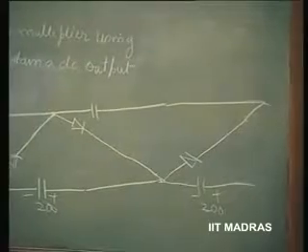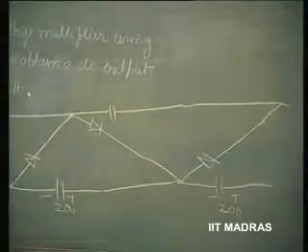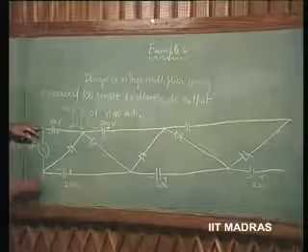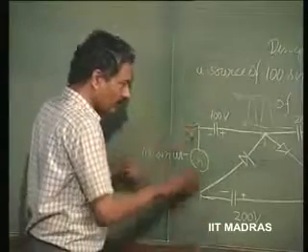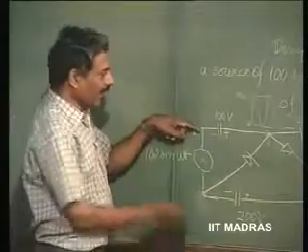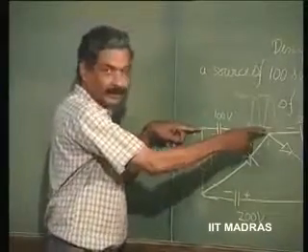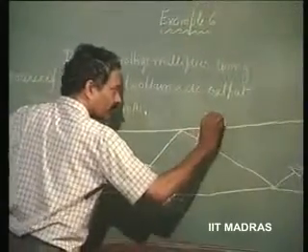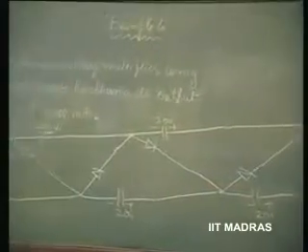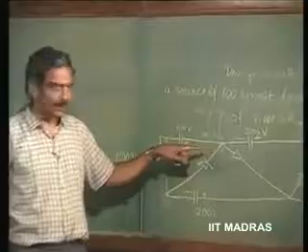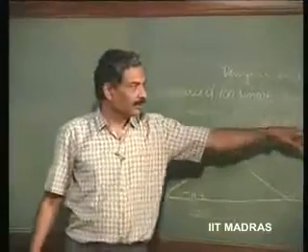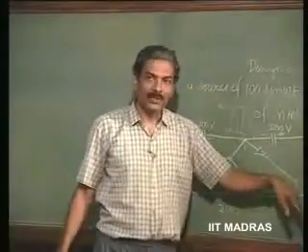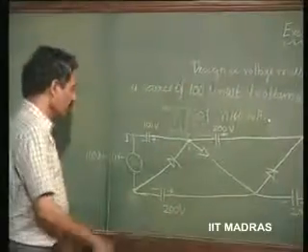So n times 200 is what you get from this terminal to this. Whereas you can see here, if this is not grounded, if this is the common point, then the same circuit will give you 100 from here to here and 300 from here to here, and again this will be minus and this will be 200, 500 from here to here. So all the odd voltages, odd multiples of 100, 100, 300, 500, can be got with this as common point, and even ones, 200, 400, 600, 800, and so on, can be got with this as the common point.